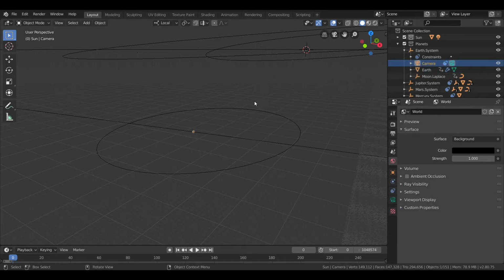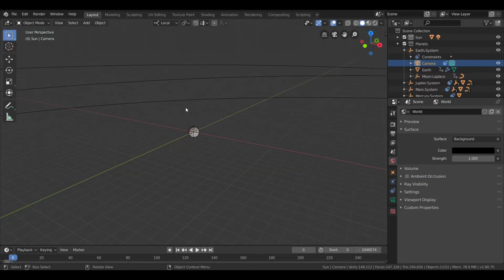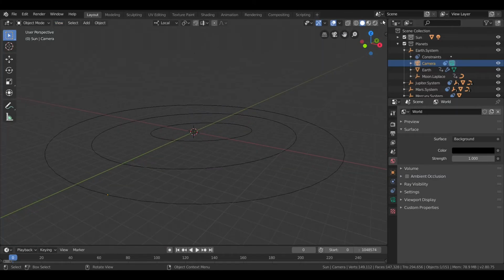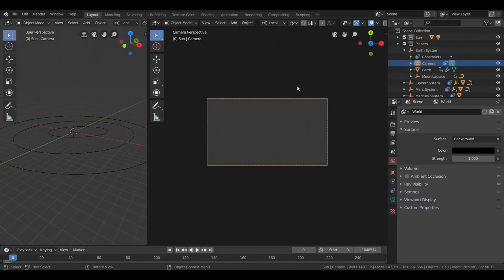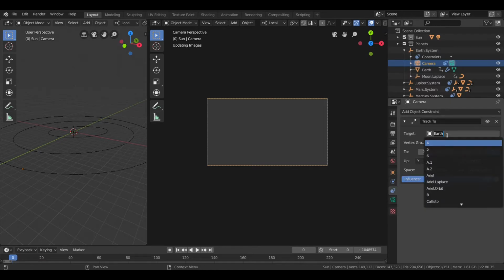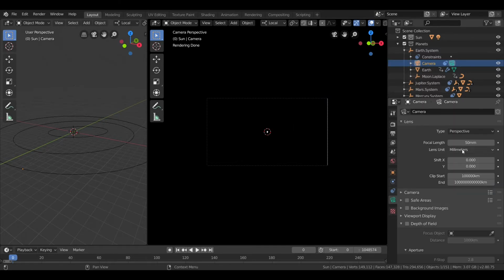So if I go into the camera view, rendered, I can set this camera to point towards the Sun.